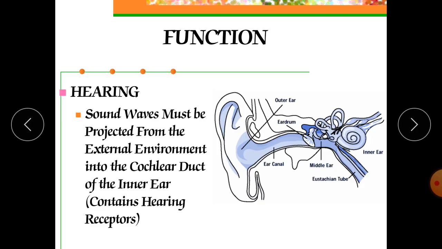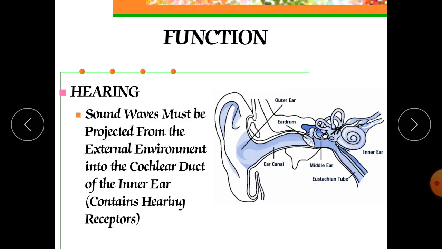We can hear sound waves from 20 to 20,000 hertz. The intensity of these sound waves is developed in the form of vibrations, and their intensity can be measured in decibels,